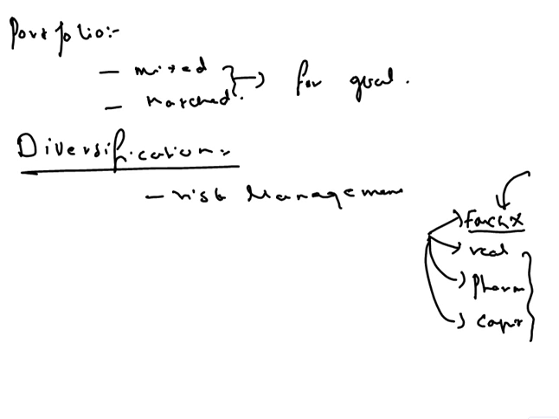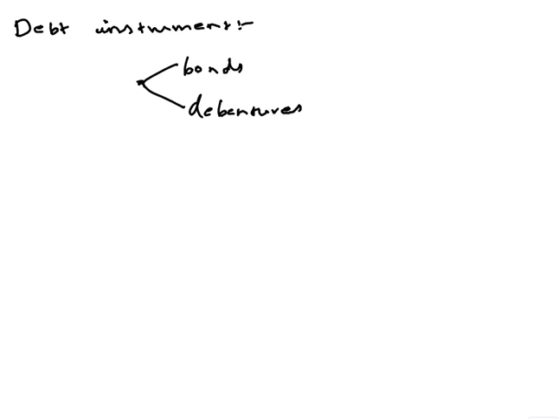Now that we have seen the equity instrument, let's see the debt instrument. So what is a debt instrument? Obviously, it is a contract whereby one party lends money to another party for a particular interest rate and also for a particular time period. So we use bonds for the debt instruments given by the governments and debentures for the debt instruments issued by the corporates.